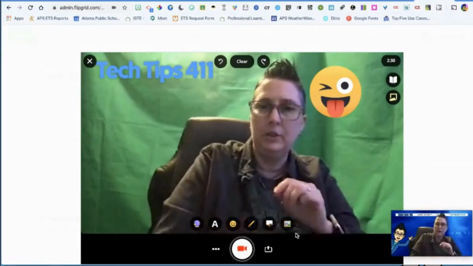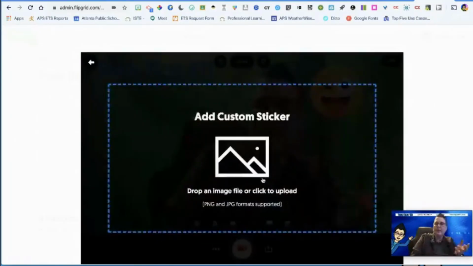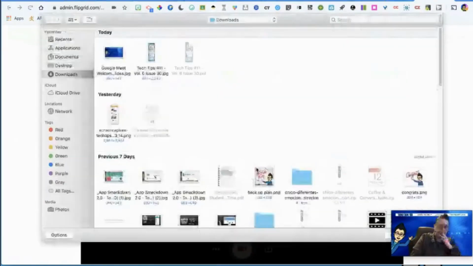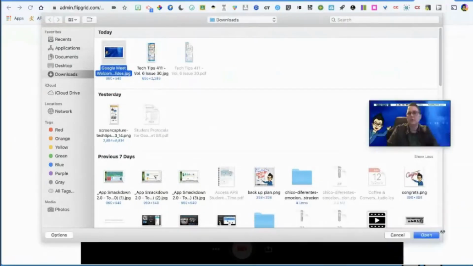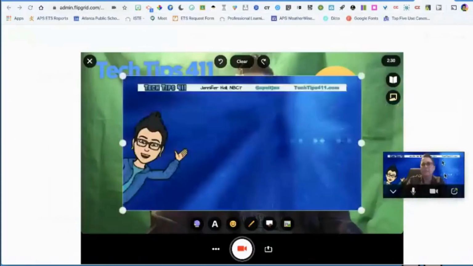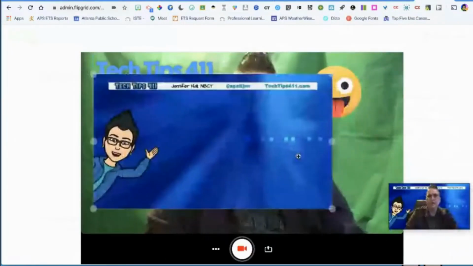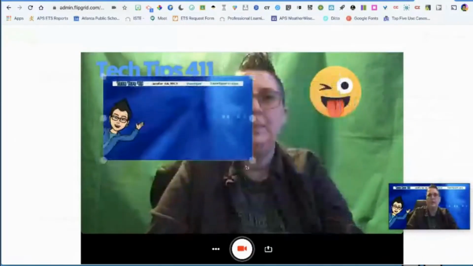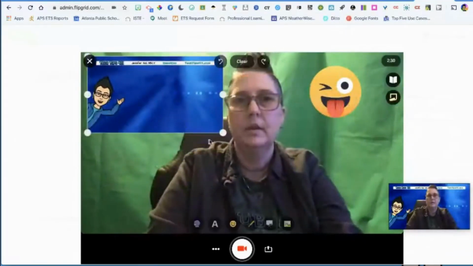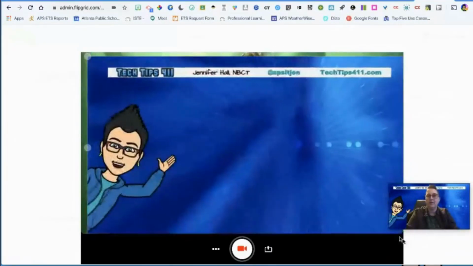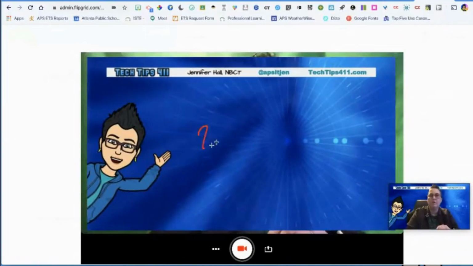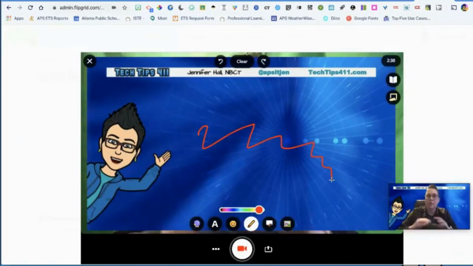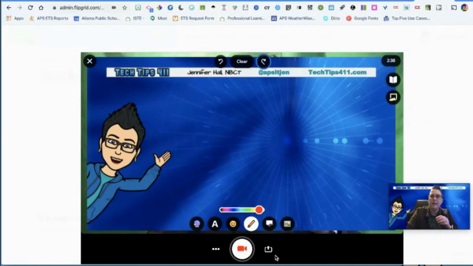So the last option is that I can actually do what they call a photo sticker, but you could use this for anything. So I'm going to actually just upload my little background here. So we can get to it. All right. I can upload this right here and move it around. So that means I could make this be my whole space. So if this was a map or a math problem, I can now bring up my drawing tools and I can annotate over it. So this allows me to walk through my thinking on something,